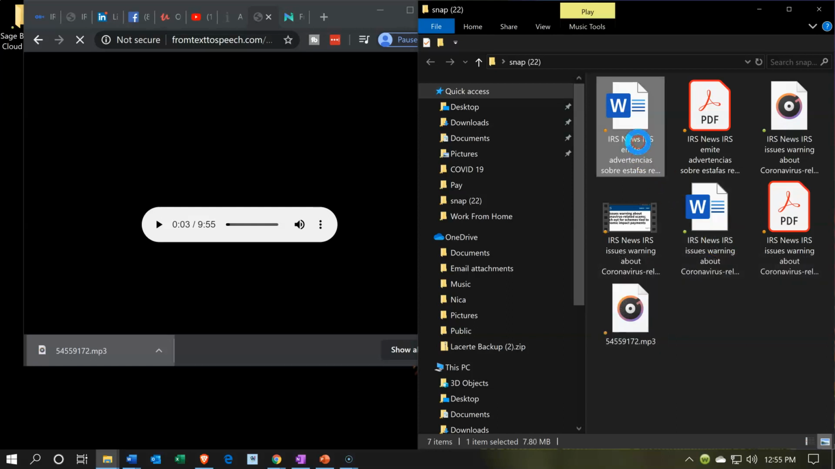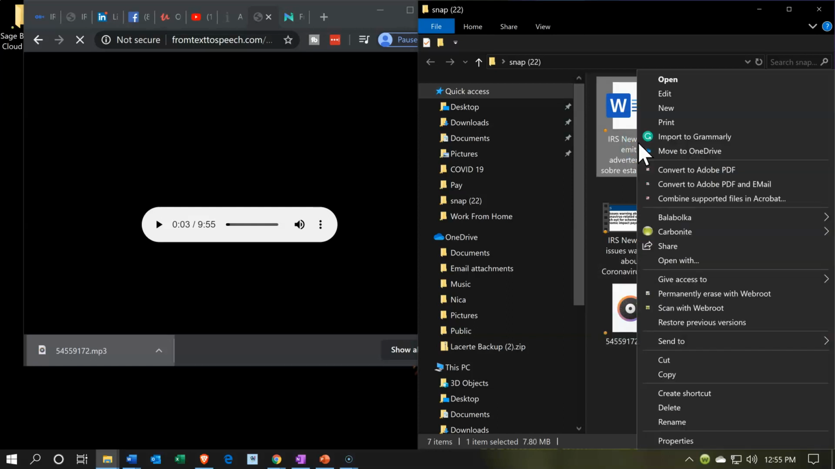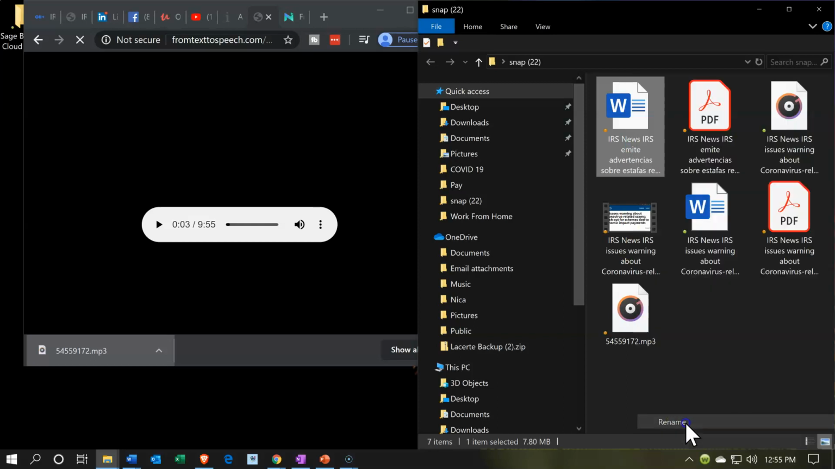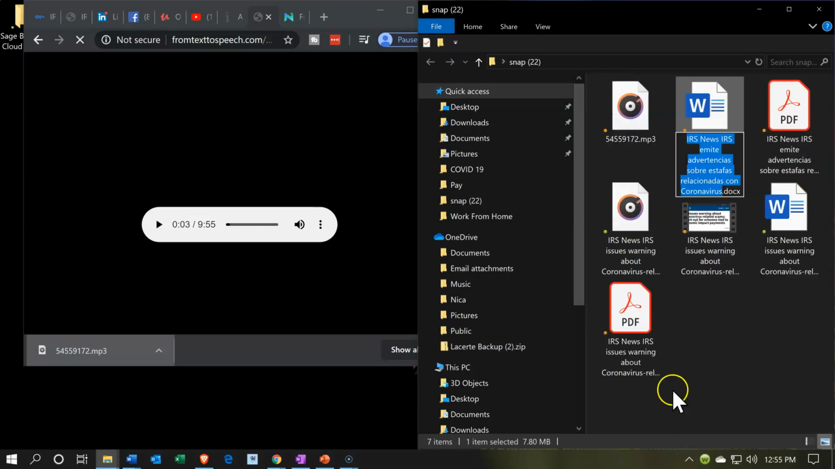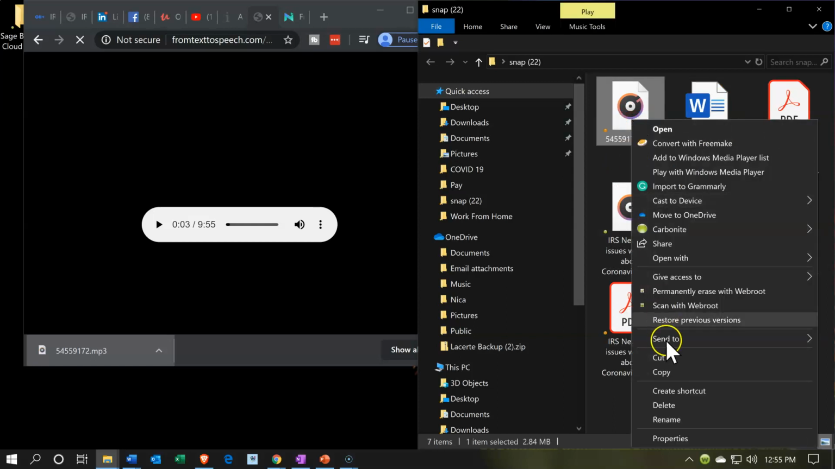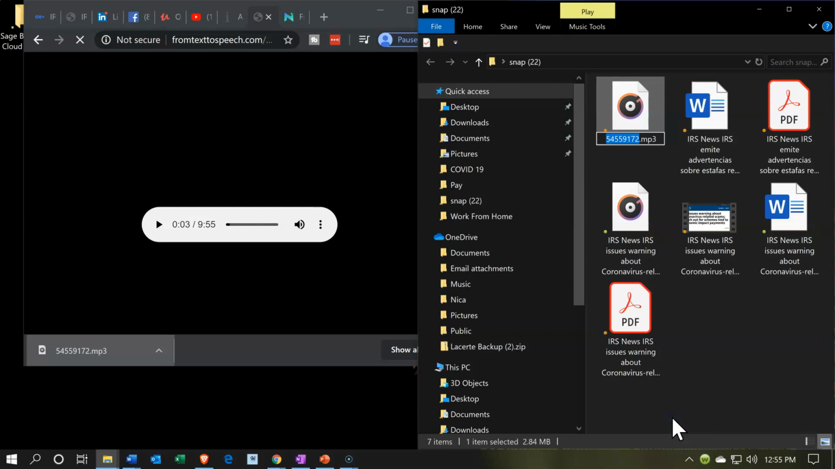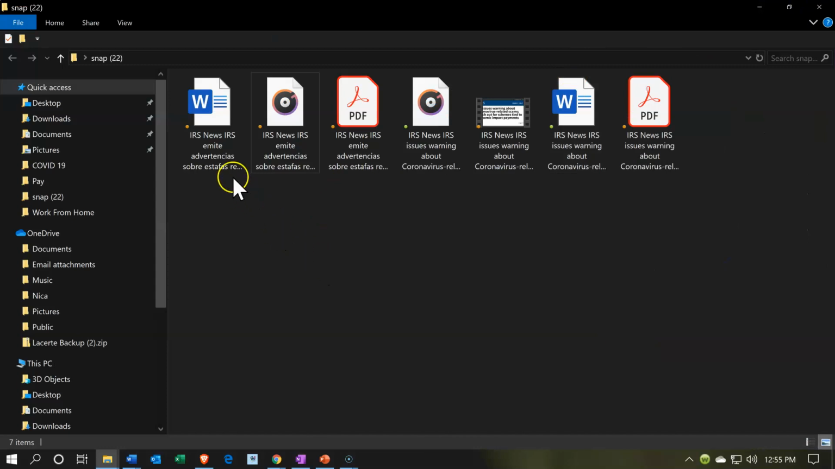So I'm going to take the Spanish name up here. I'm going to right click on this tab, go to rename, and I'm just going to Control-C, copy that. And then I'm going to go to this tab and say rename, Control-V, or paste it. And so now we have the name. So at this point then, now we've got this